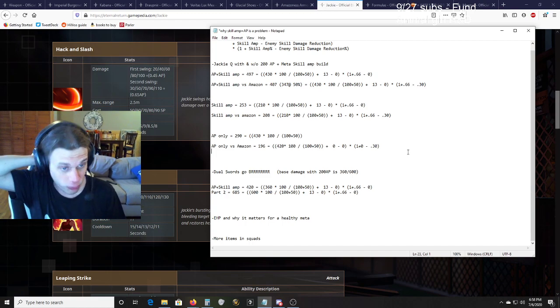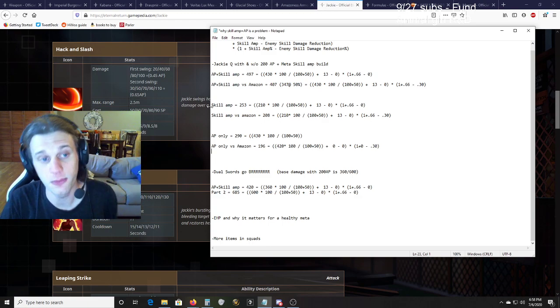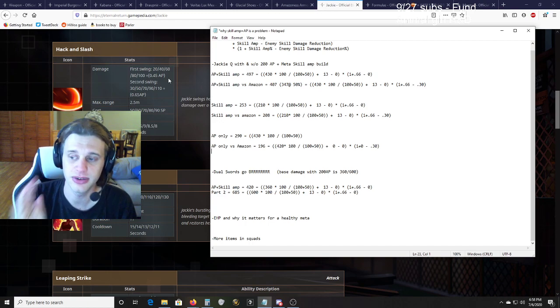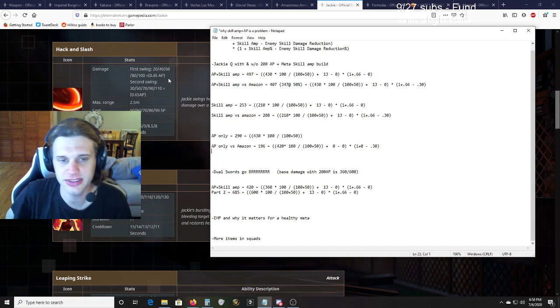So maybe just overall lowering the damage across the board for everyone and making sure they scale with either only attack power or only skill damage will help people who are even lower level turn things around on people who are bad, right? Because if there's some dual blades Jackie just running around dual blading people and popping out in bushes and murdering everyone, it's like